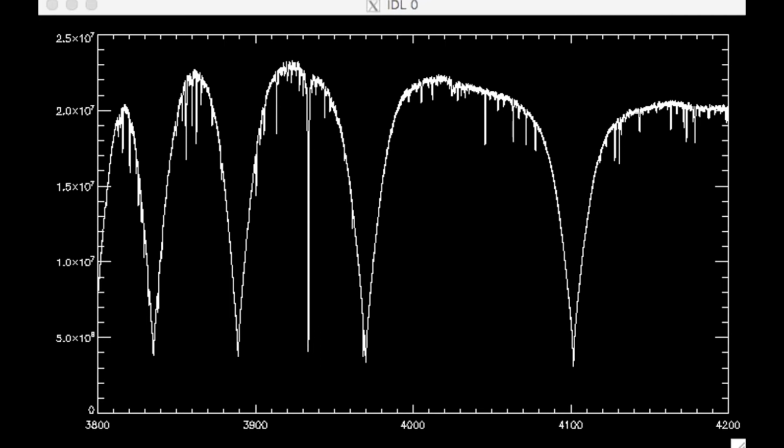The wings of the profile are formed deep and they're sensitive to the conditions in the lower atmosphere. The core is formed high up. So what you're actually getting here is a profile through the atmosphere with one line. Comparing the individual hydrogen lines, because they have different strengths, allows you to put a sequence together that reconstructs the